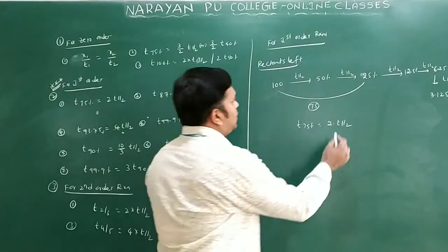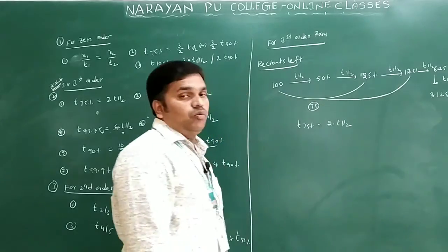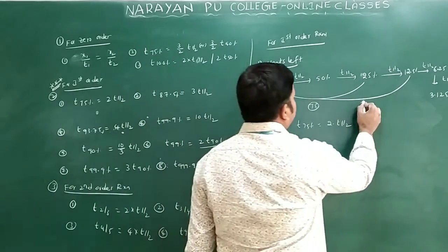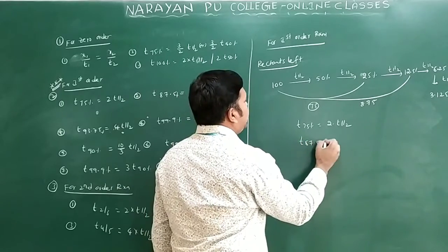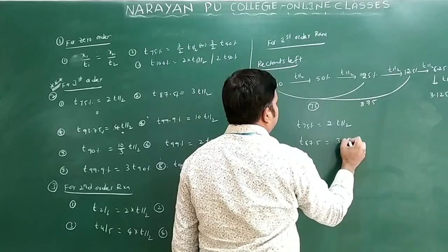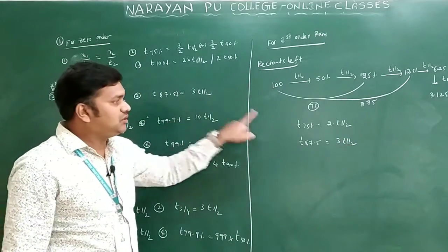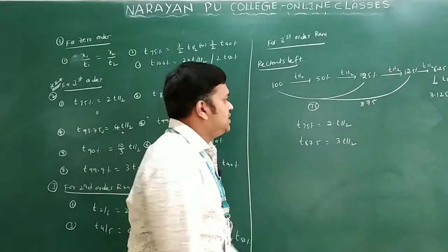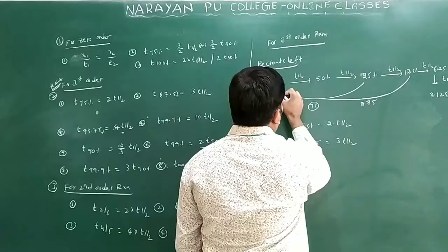Suppose you can count here. How would they come here? Suppose from here to here you are coming. How much is the difference? This is 87.5. I will write here T 87.5, T of here, T of here. Total how much? So you will get 3 T of. T 87.5% is equal to 3 T of. Suppose you are taking next, from here to here, 100 to 6.25, suppose I am taking.